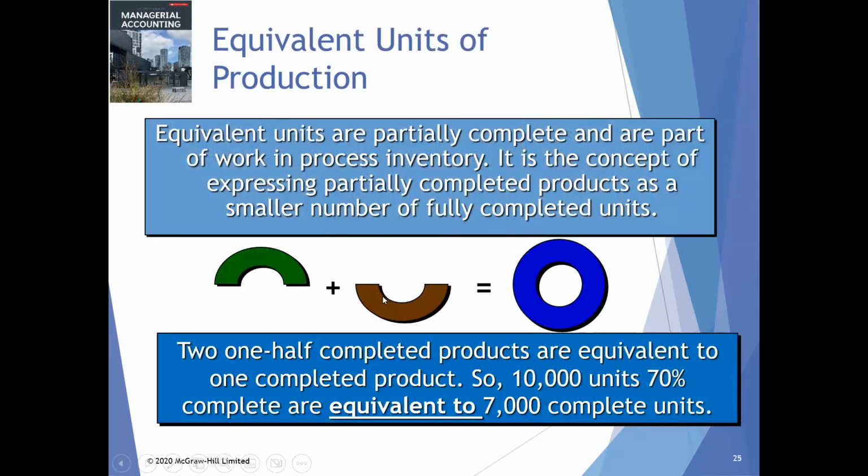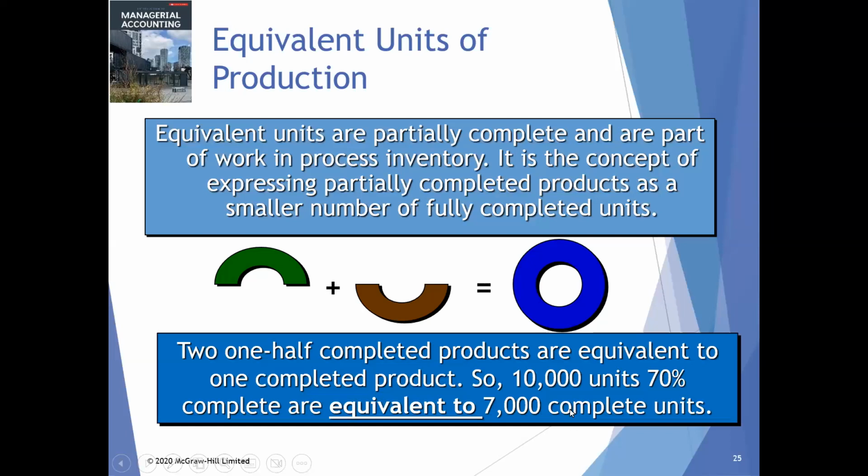Look at this: half is this one, half is this one, this is the full one. So this is known as equivalent unit of production. What is the meaning of equivalent unit? Equivalent units are partially completed units that are part of the work in progress inventory. It is a concept of expressing partially completed products as a smaller number of fully completed units. What is the meaning of this? It means, for example,